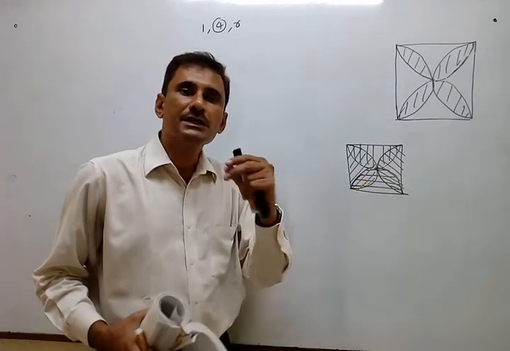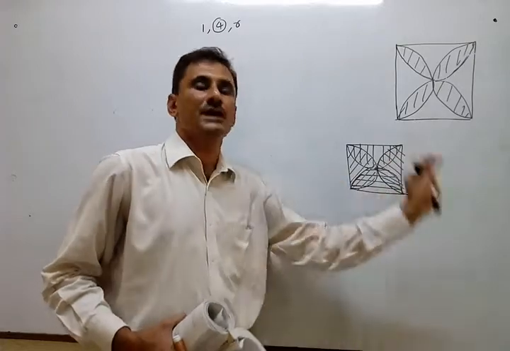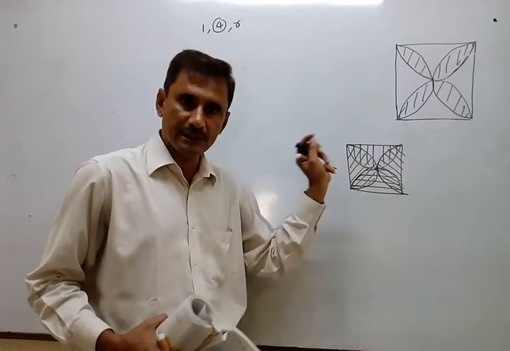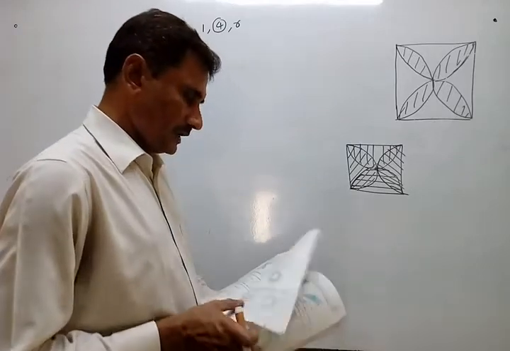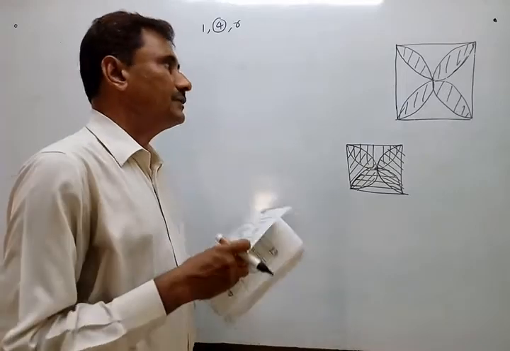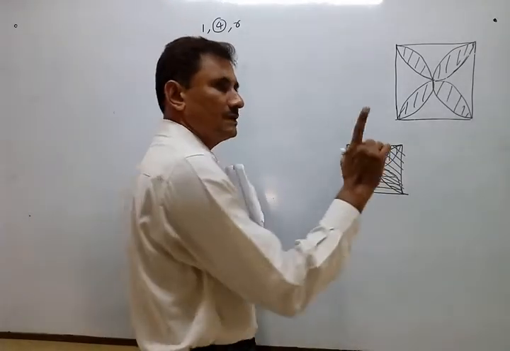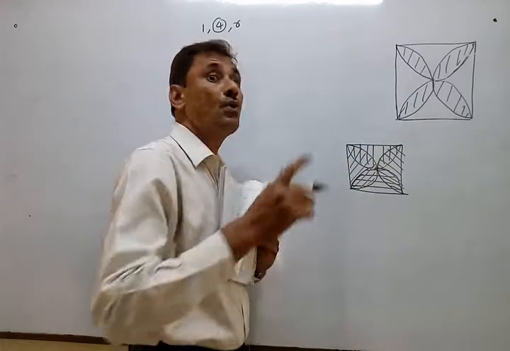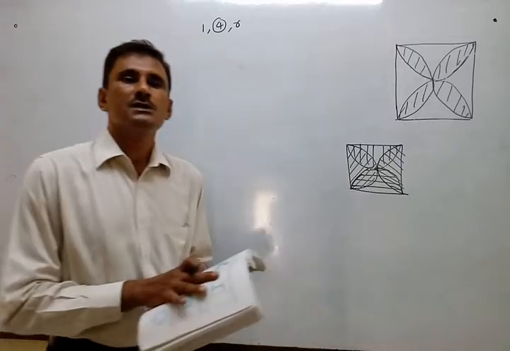Why? Because it repeats twice, and you remove one whole square. Okay, the square part is removed. So, just like the last sum of this one, we found there 2 semicircle minus square. Here 4 semicircle minus square. Okay, there is 2 quadrant minus square. Okay, last sum of this lesson.